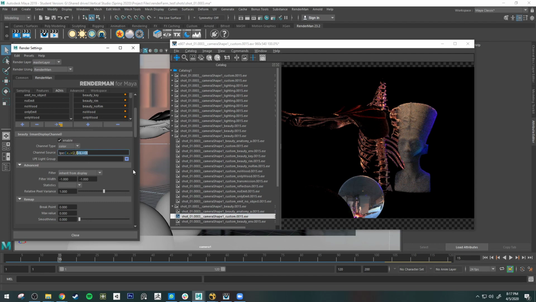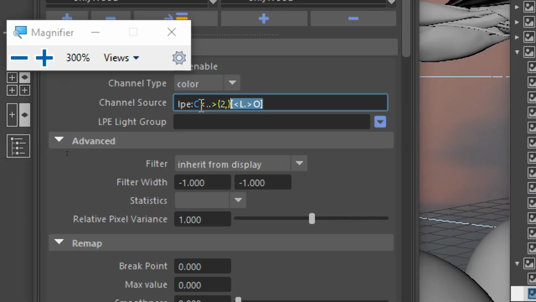So let's go back in here. And I'm also going to return this back to being an asterisk. So we'll just do asterisk. Okay. So it'll include the direct and indirect, essentially all the light bounces in there. So in here, we have our light sources, and here we have our emissive objects. So we took a look at the last video. I'm not going to go too deep into this, but in our last video, to get rid of the emissive